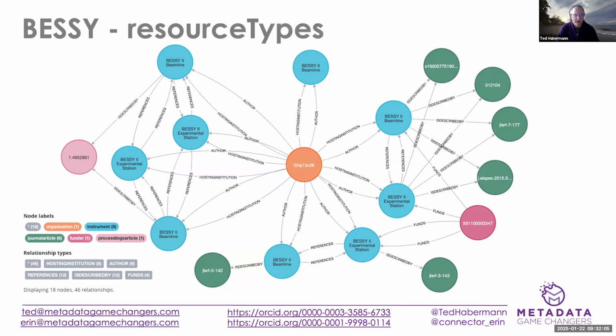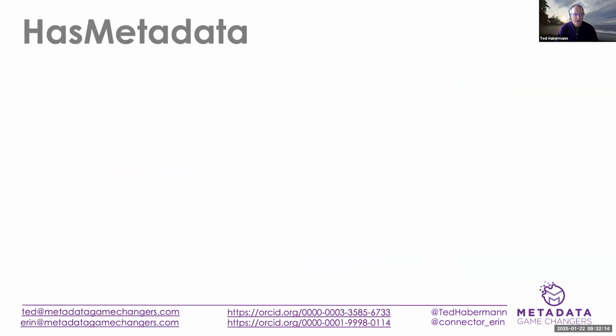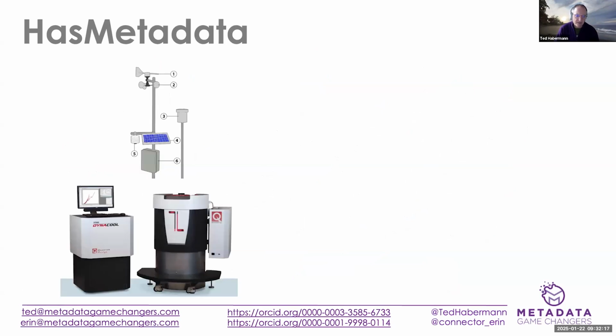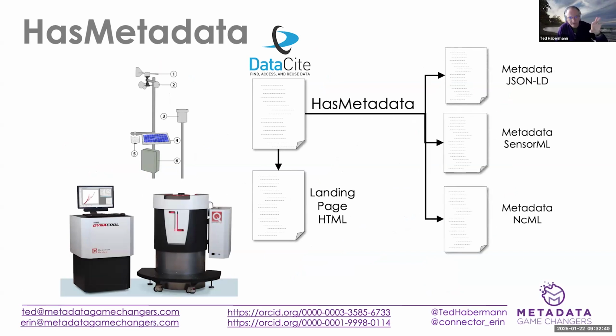So once again, as we go back and forth, increasing levels of detail in this graph are useful for humans and machines. I mentioned has metadata, and has metadata is an important connection that we can take advantage of. So when an instrument gets a DOI, it has metadata in DataCite, and we've talked about that a little bit. It also has a landing page that is in HTML, and then the has metadata is the connection from that DataCite metadata in the DataCite repository to more detailed metadata